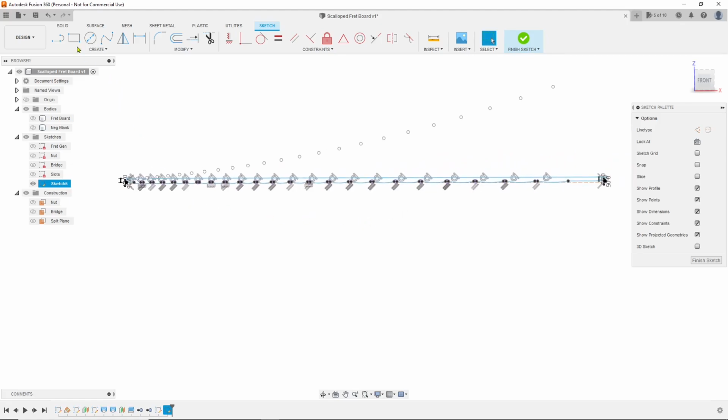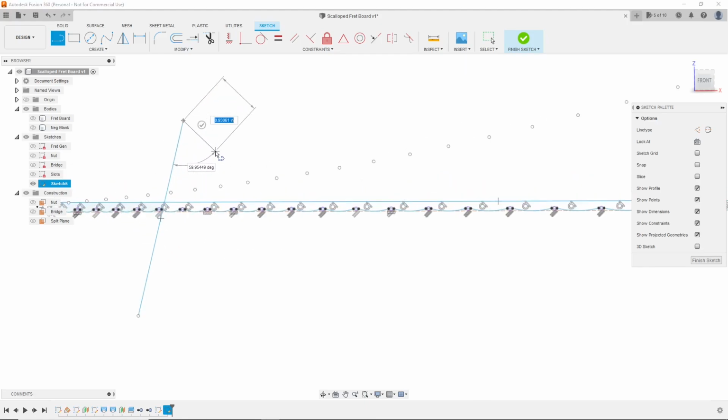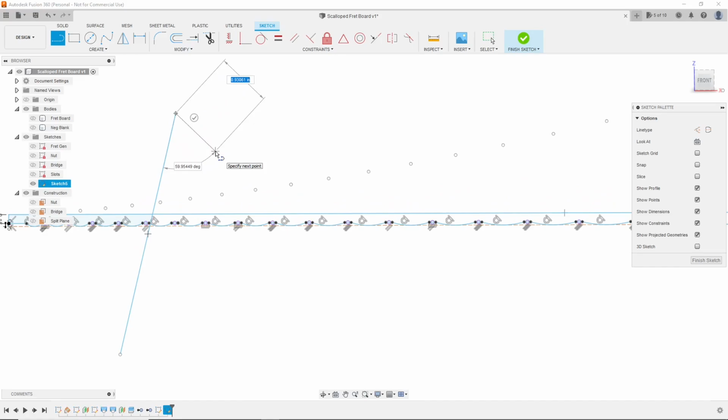So you turn on your line tool. Now if you don't double click between moves, it will chain. So if I click here to start the line, I go up here and click, you still see it's still chained together. If you look over here, this is shaded in blue. So this is now